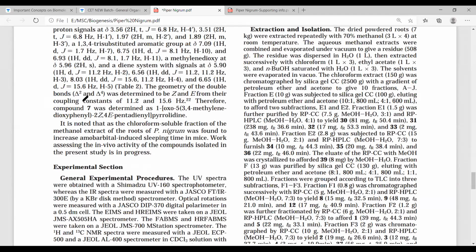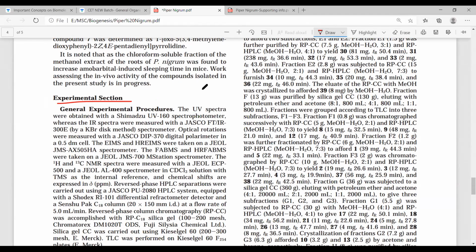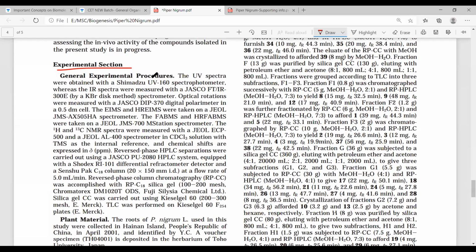Then we'll discuss the experimental section. In this experimental section, you will find the general experimental procedure. So I will open the